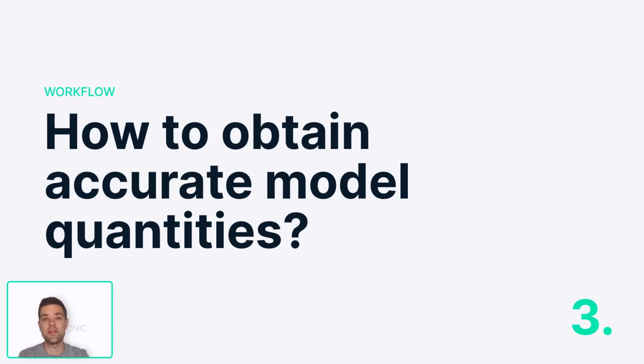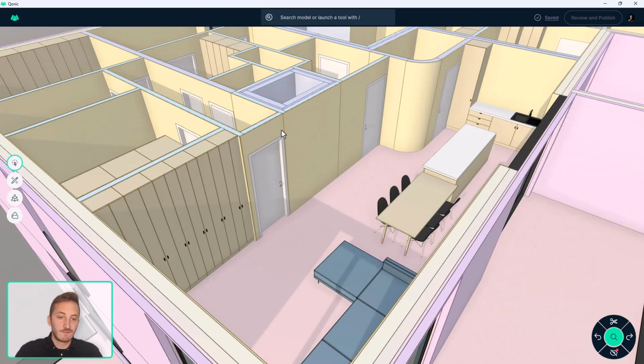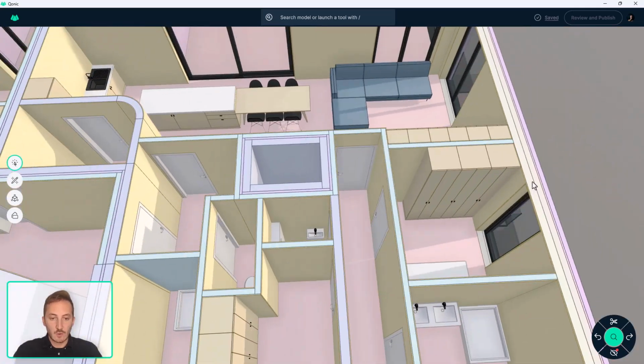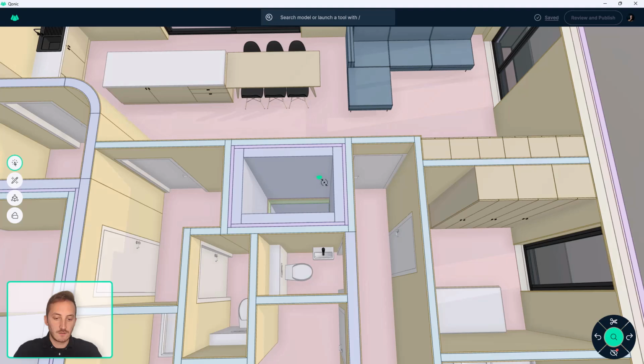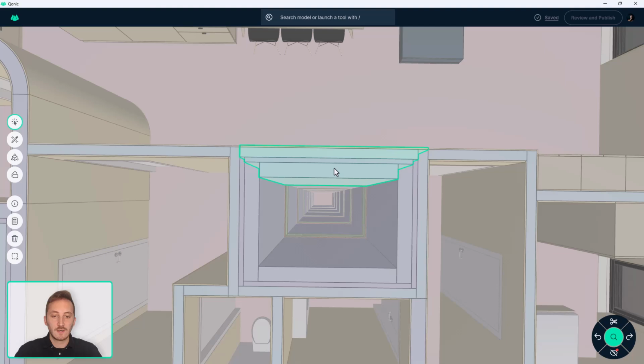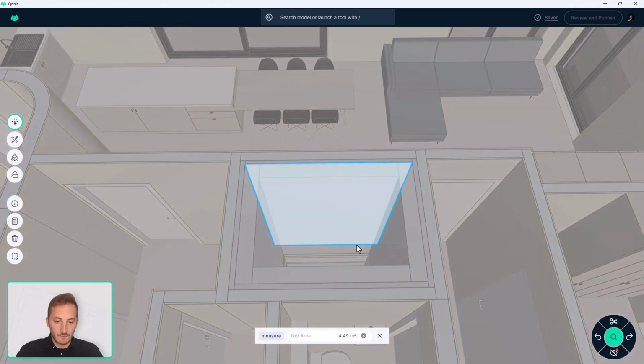This is what we will show in the next demonstration, how we can use the quantity takeoff tools on a highly detailed BIM model. Okay, so I've opened the same model as before, only now I've already added some finishes to all of the rooms here. Let's take a look at some of the quantities in this model. So for instance, this wall here consists of different materials, different layers. And if I would calculate the net area of this wall, I would get a value of 4.5 square meters,